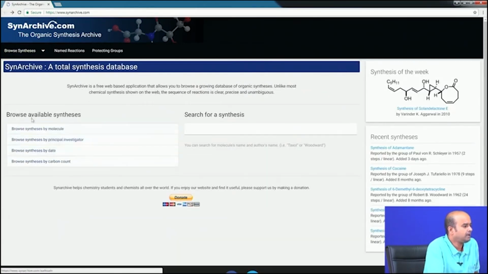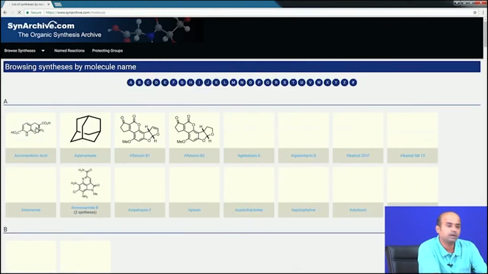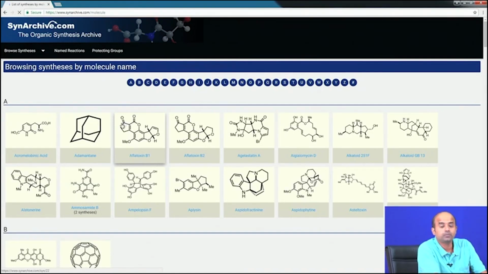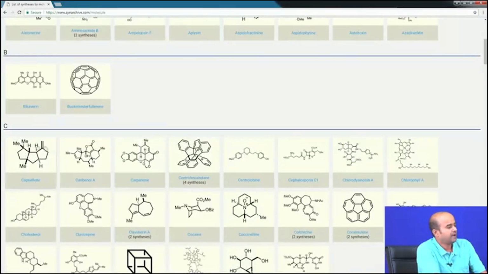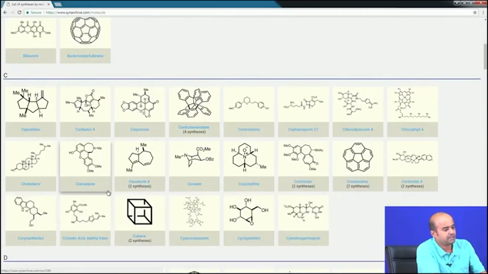Let us say you have several organic synthesis resources available, like synthesis by molecule. There are many natural products or target molecules listed here, a series of target molecules. You can scroll them down alphabetically, and if you click on many of these molecules, they open up and you can go through how the synthesis has been reported in the literature by great scientists, as we name them,